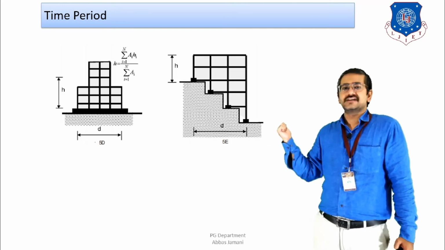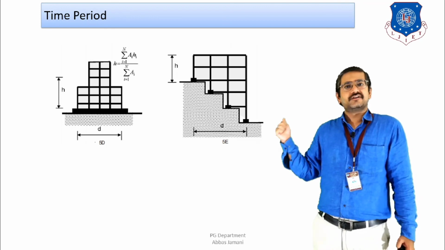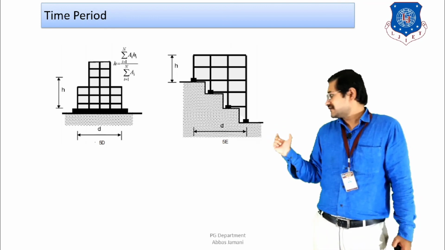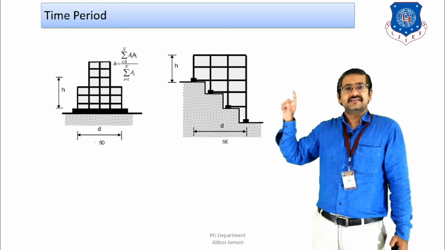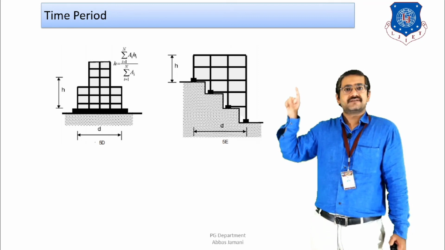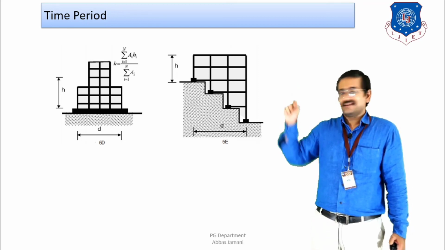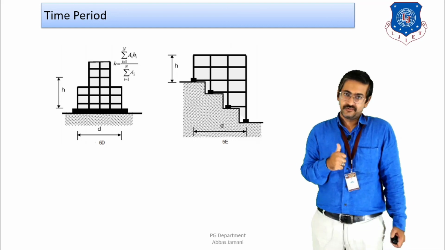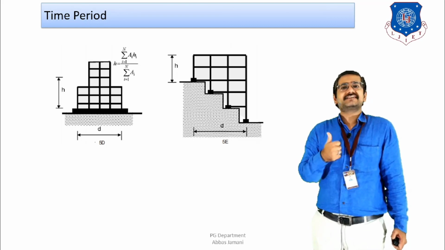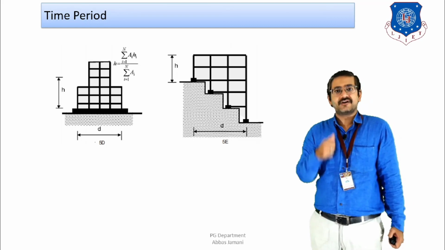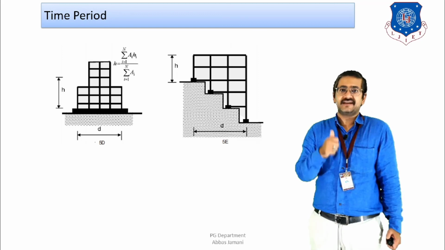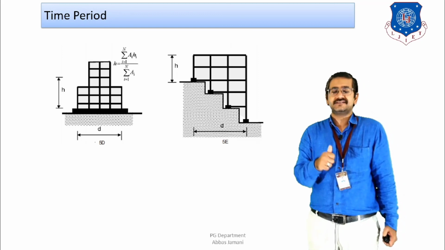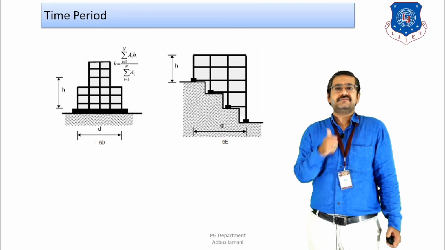And lastly, the figure is shown where the building is located on sloping ground. There also it shows how to consider d, and the height h should be considered only from the topmost portion of the ground, and that is also indicated by this particular figure. So these are 5 schematic figures which will help us decide how to consider the value of h and d for different types of plan configurations or elevation configurations.